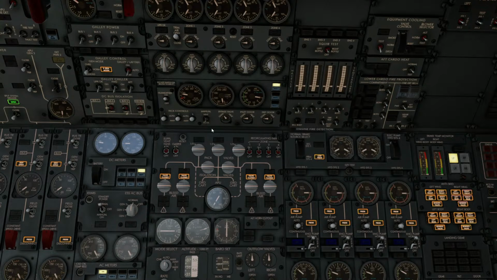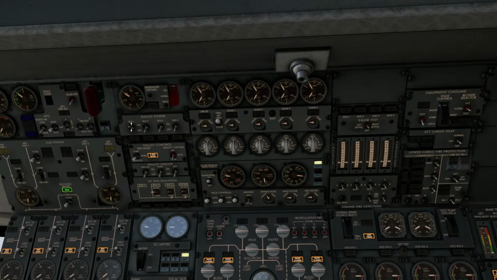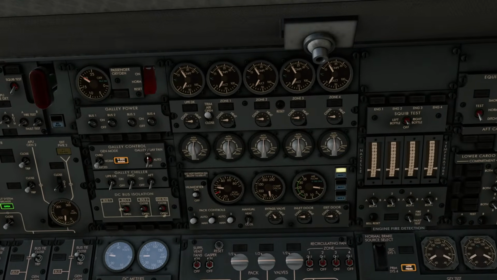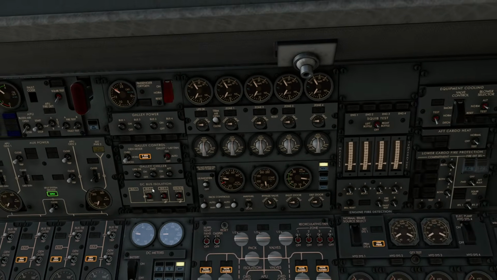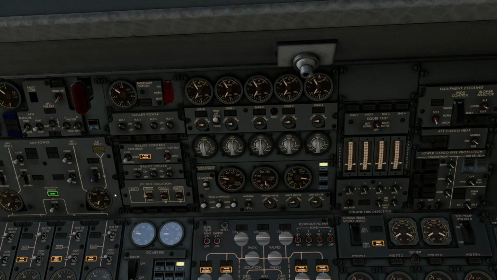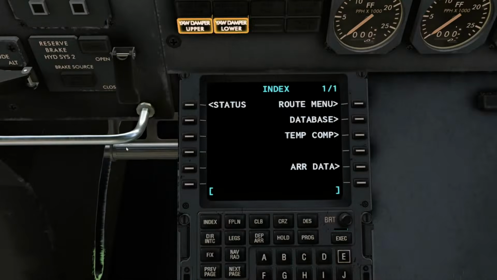Now, I always forget to do this, but we could go and start firing up the galley. It won't have much of a draw on anything. So we can put that on auto. We can put the galley chillers on as well. So you can see the AC amps jumping up there as we start doing these things. So everything works in this aeroplane. It's really cool. So having done all that, we're going to go Alt-6 to come back over to the FMC,